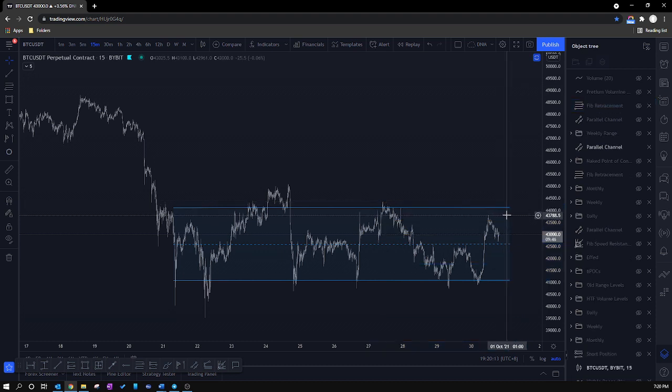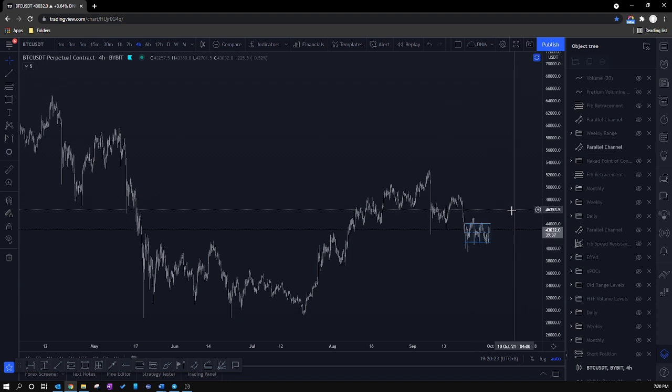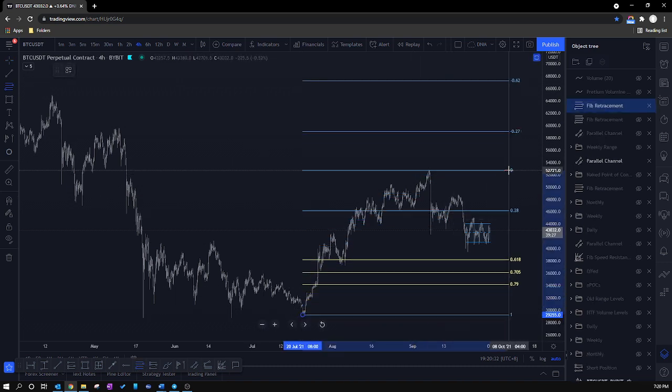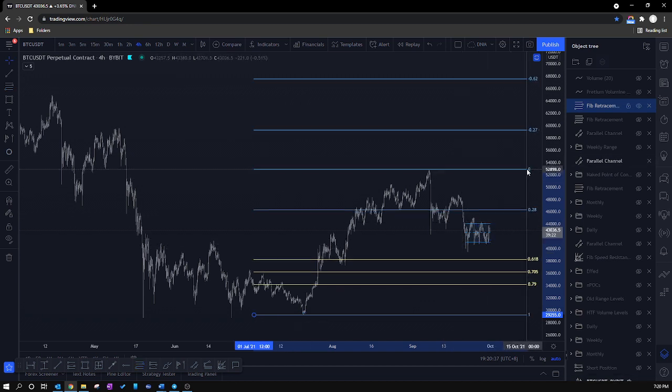And what I want to do now is take you on a high level perspective, call it the 4-hour, and let's take a look at where price could go in a bearish case, and then we'll check out where we can go in a bullish case as well. So look, from a bearish case, if we pull our fibs from the swing low to the swing high, basically what we've got is price isn't quite there yet, but you would expect, given the downtrend we're in, that price would play out near the 618 level. We don't expect it to be front run, but that's really an assumption,